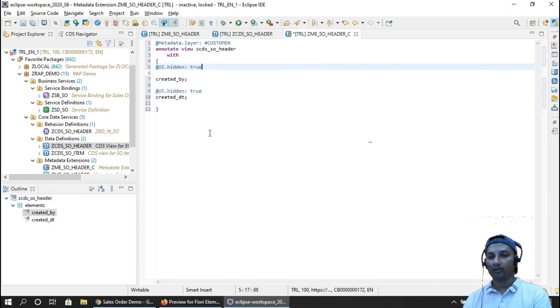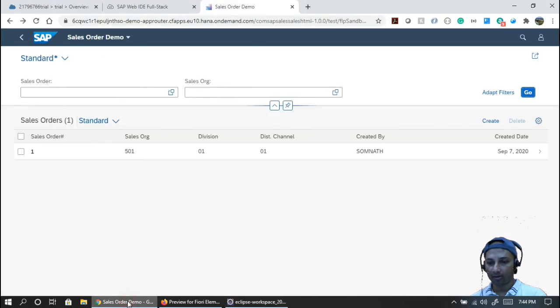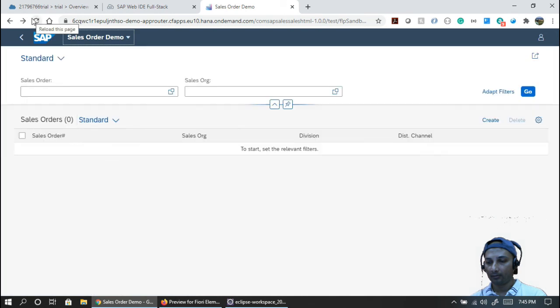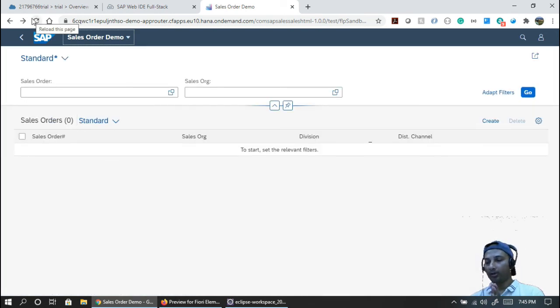Now activating it. So our expectation would be that created date and created by should be hidden from the application, because I'm creating another metadata extension layer with a priority as customer, right? So this should take more precedence. Let's see whether that concept really works or not. Let's restart, and hopefully... cool, right? So now the concept works, like how this metadata extension works and how this layering is offered by SAP.